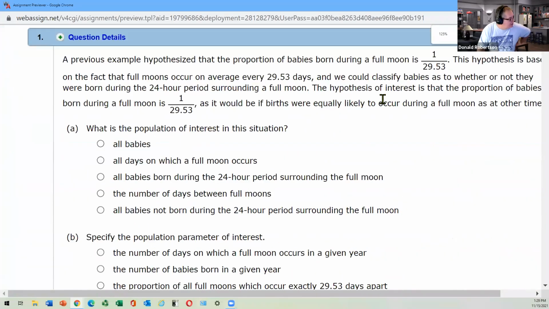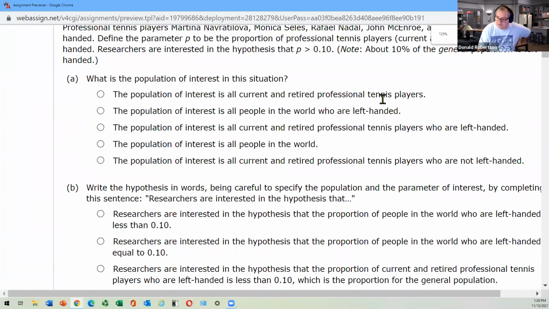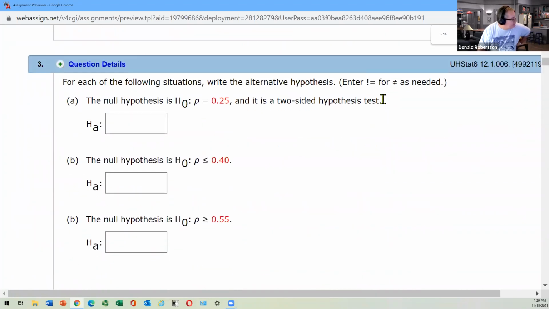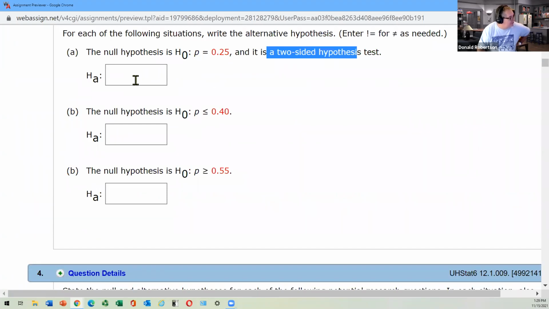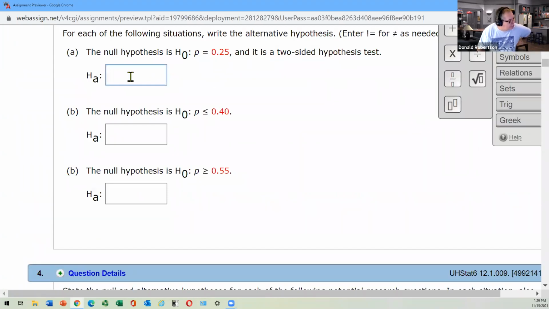Right. Are you looking at the questions again? Okay, good. So the null hypothesis is that's good. It's a two-sided test. If it's a two-sided test, what do we do about the P? Bigger than 0.25, less than 0.25, or not equal to? What do you do when it's a two-tailer? Right. Now to get not equals, we'll have to do that funny exclamation mark equals, right? And if we do that, we can then put in